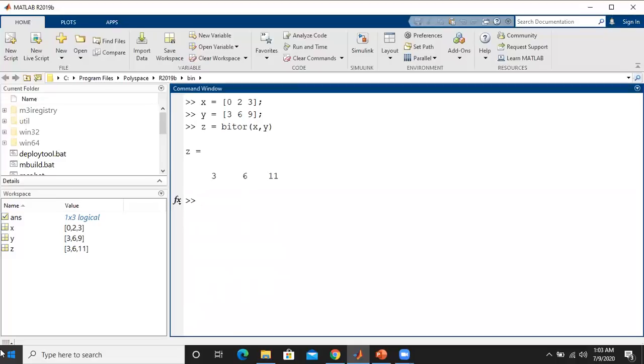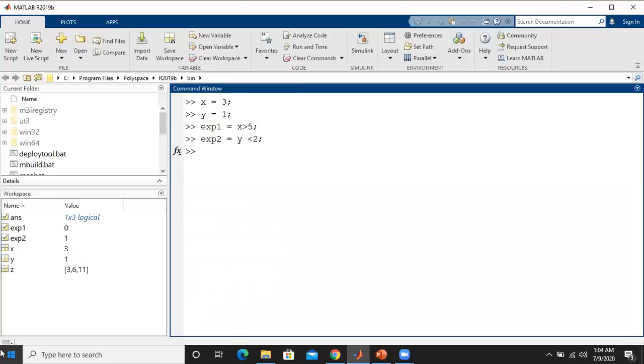Now we go for the short circuit operator. Clear the screen. Then consider x equal to 3, then y equal to 1. Then expression 1 is equal to whether x is greater than 5. That is one expression. Then I will take expression 2, which is y less than 2.